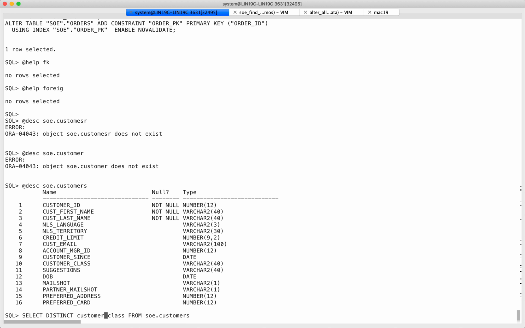Let's see how smart the optimizer is. Let's do a select distinct customer class from SOE customers, SOE orders O, where C customer